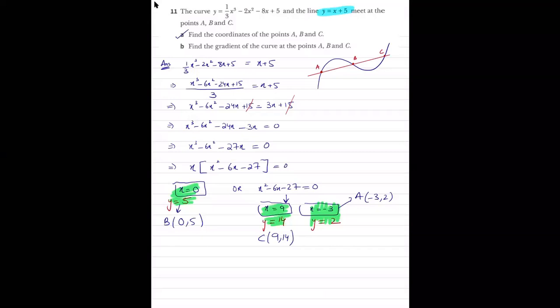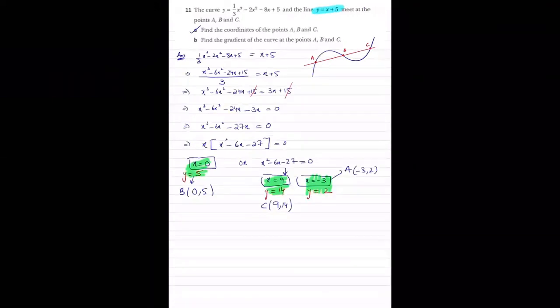अच्छा, अब मुझे अगर gradient मालूम करना है point A पे, point B पे, point C पे, what do I do? Put the value of x, I guess, dy upon dx करके. पहले तो I need to find dy by dx, right? First of all, I'm going to find dy by dx.